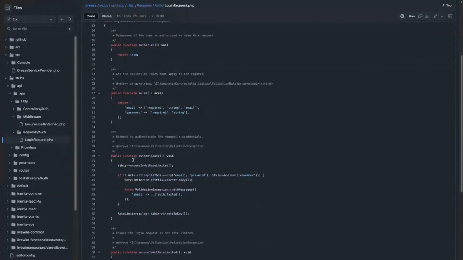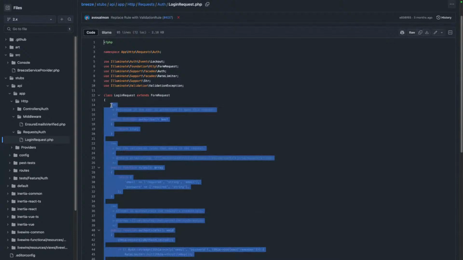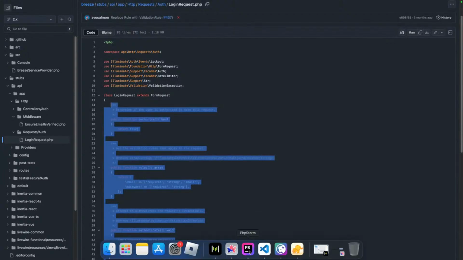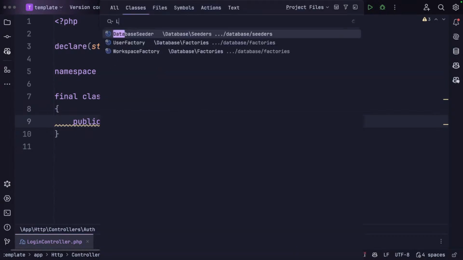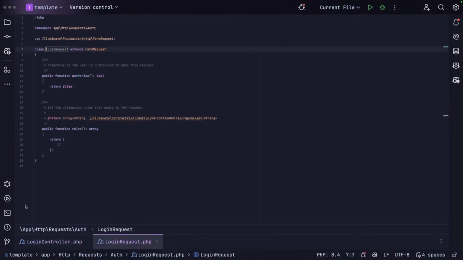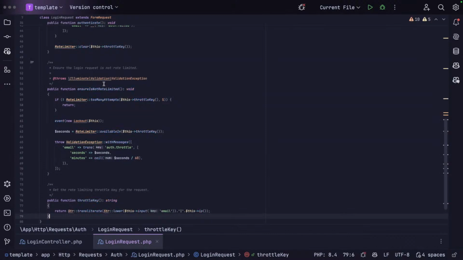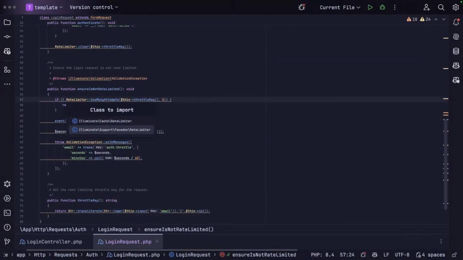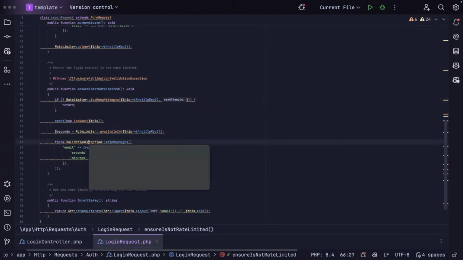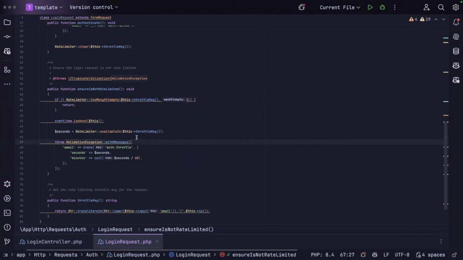There we go. I usually grab this like so. So we're just going to steal this for now. Login request. We're going to grab that and dump that in there. And we will import the rate limiter facade. And we're going to import the validation exception,